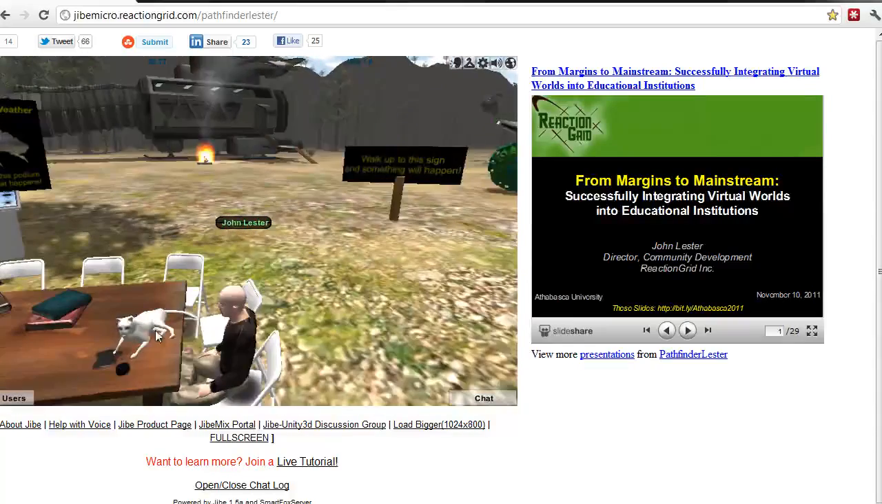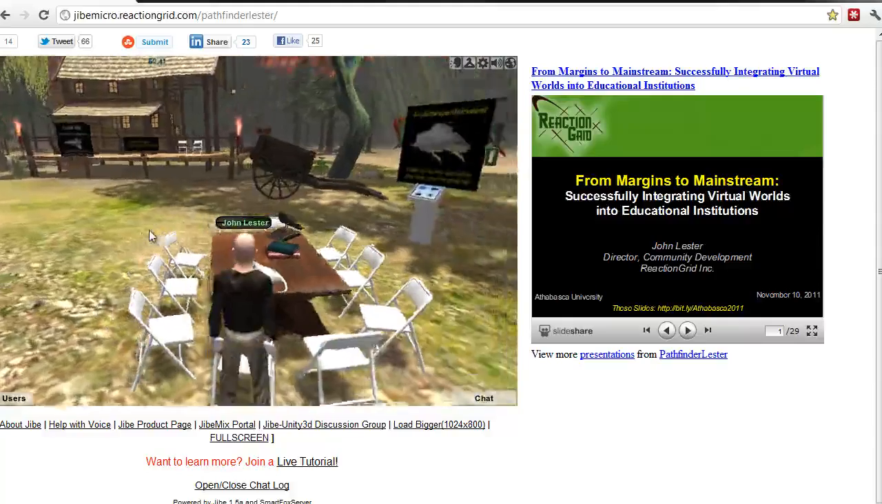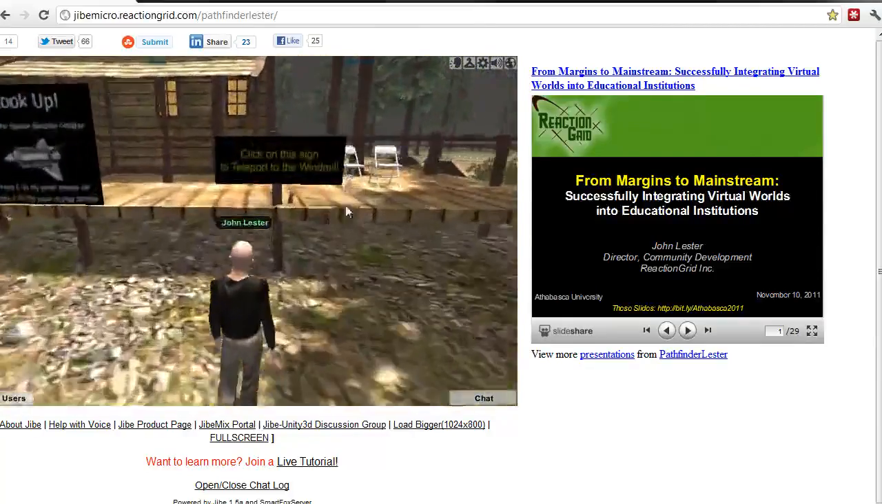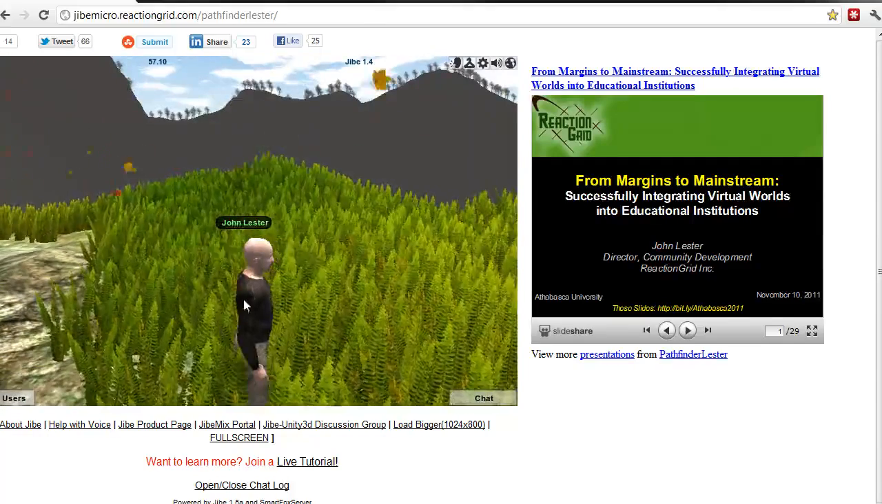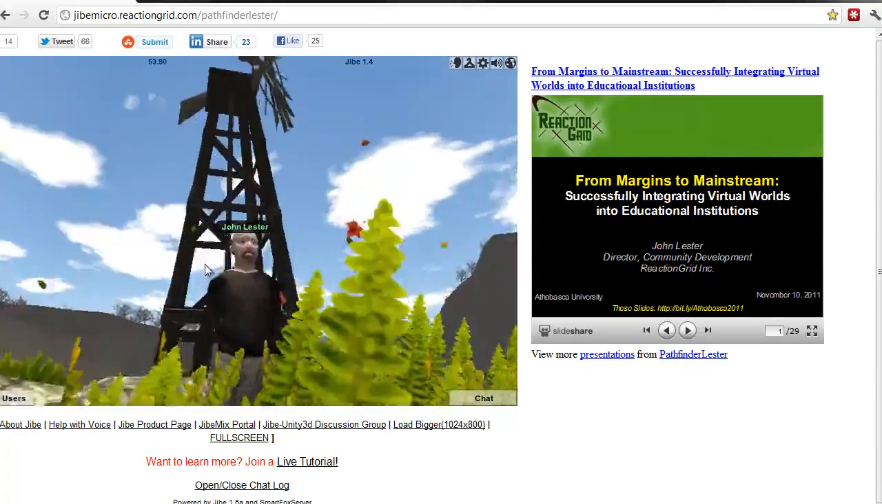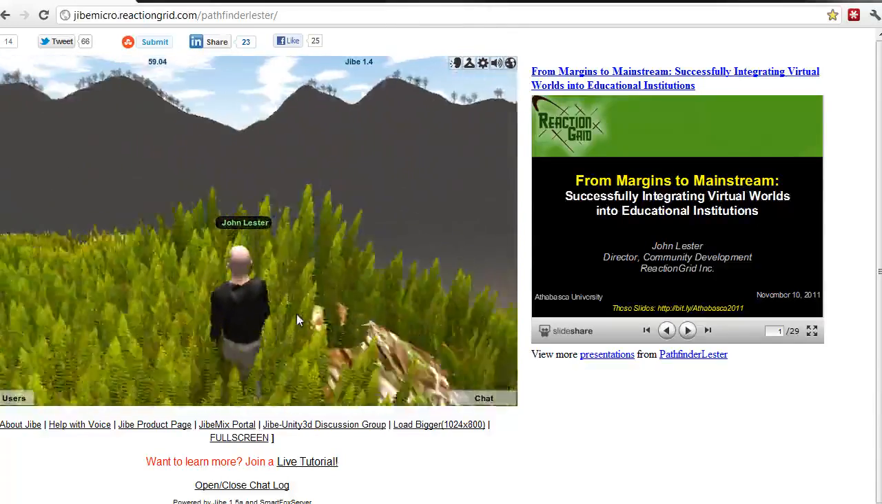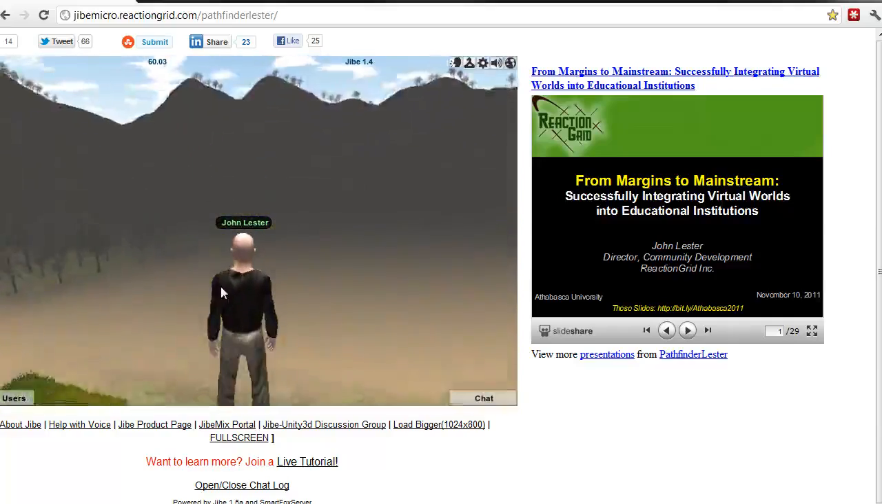I can sit in a chair. If I look at my cat, I'm petting the cat. It starts meowing. And here's a teleport. Click on this sign to teleport to the windmill, and suddenly I'm in a different environment. The wind is blowing, and there's a windmill in the distance here. So you can see you have all the tools at your disposal to create something fun and engaging. And I think I'm going to